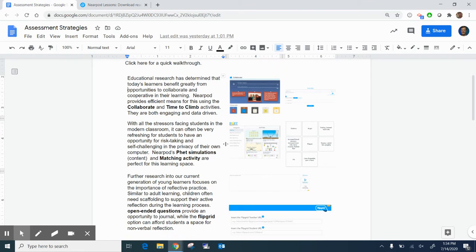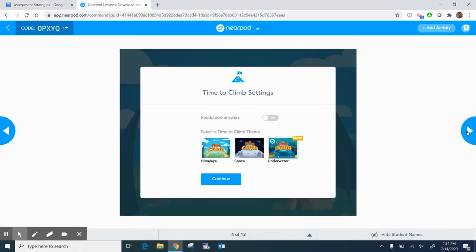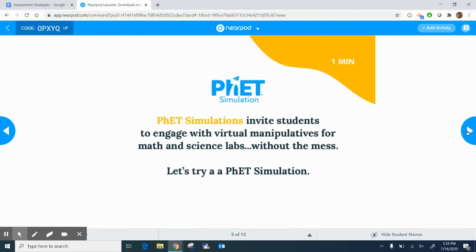Similarly, students can have many different ways to take risks and challenge themselves within the privacy of their own computer, but in the safety of the classroom. Two resources that Nearpod provides for these are the PhET simulations, which are content specifically designed for students to be engaged in certain labs,